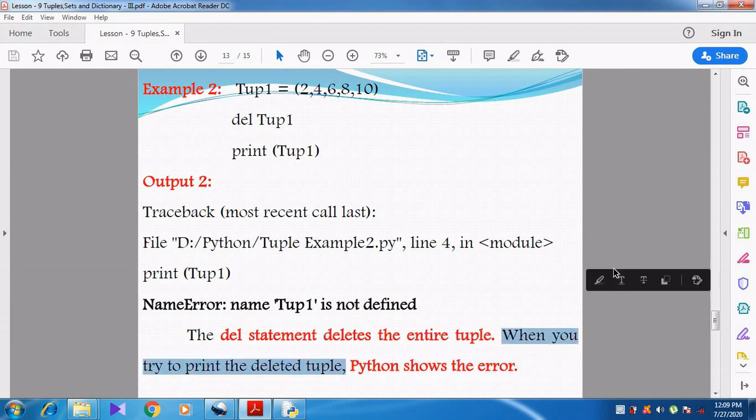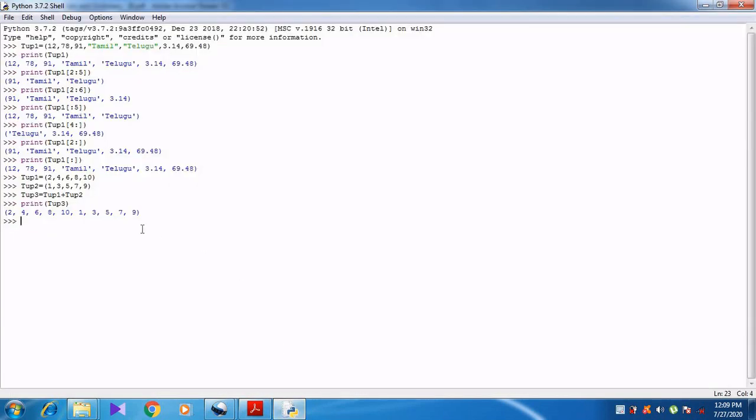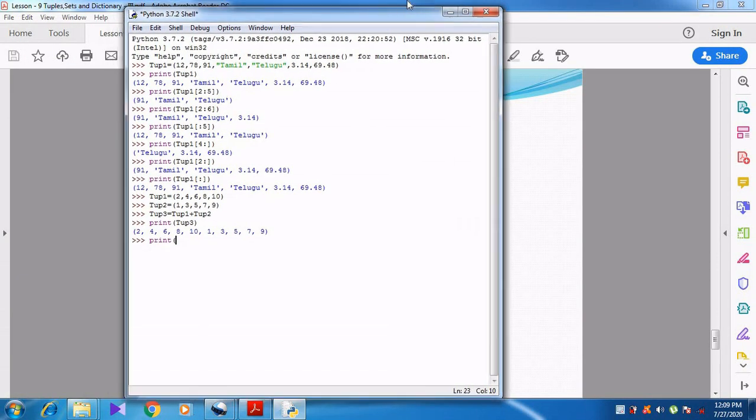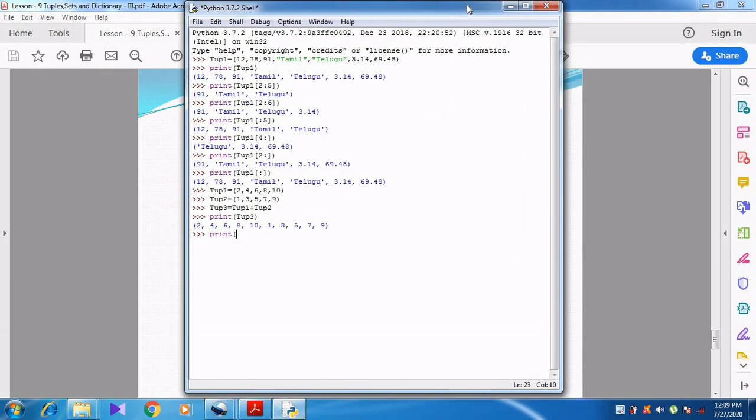Right. Let's see this in a practical manner. We already know what is stored in tuple 1. Let's see by printing tuple 1. Print tuple 1. What is stored in tuple 1? 2, 4, 6, 8, 10.